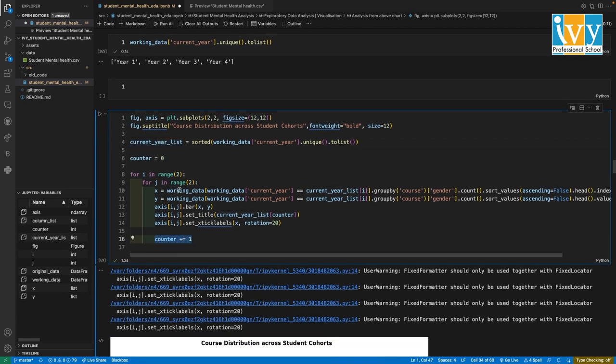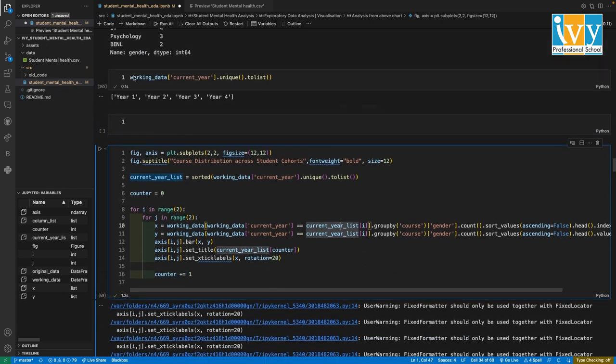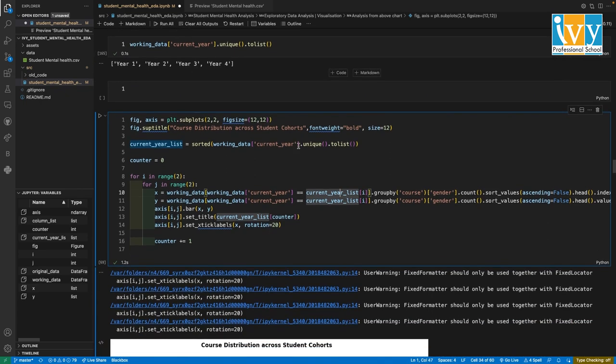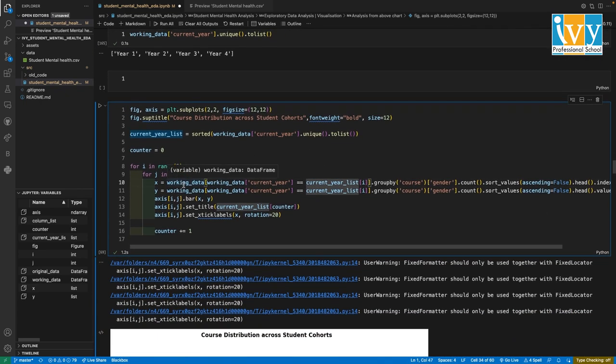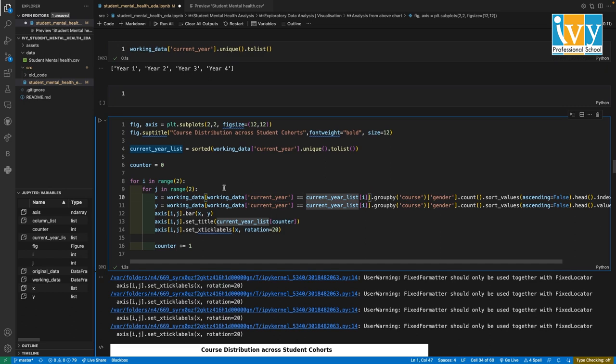So every time this loop runs, the counter will increase by one, and the current year list will have first year one, then year two, year three, and year four. So yeah, that's it. And then after fetching the values of x and y,